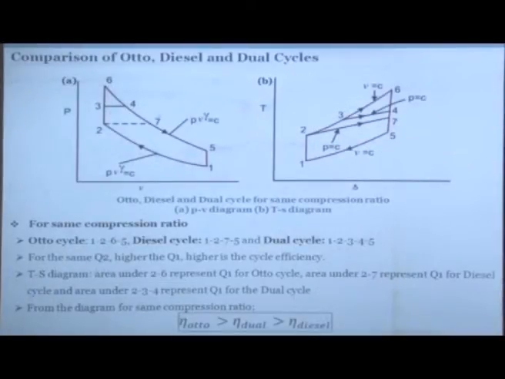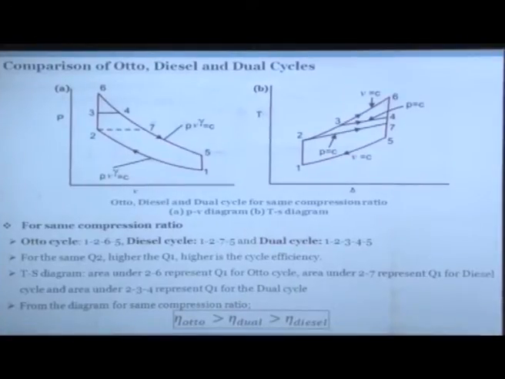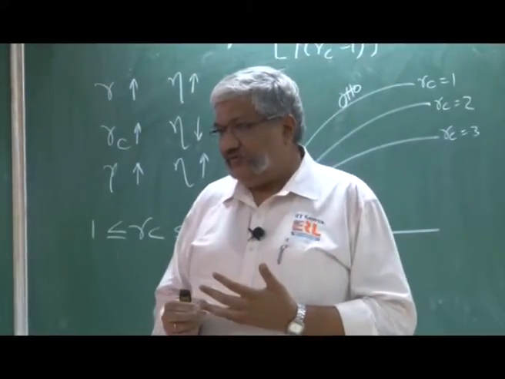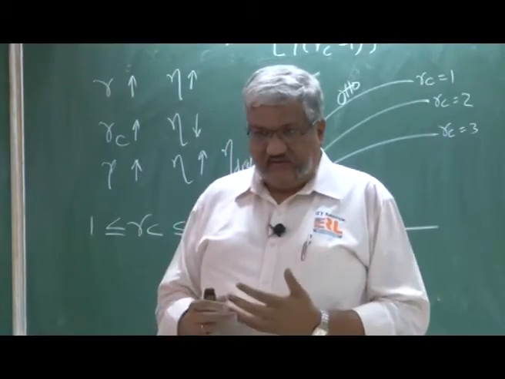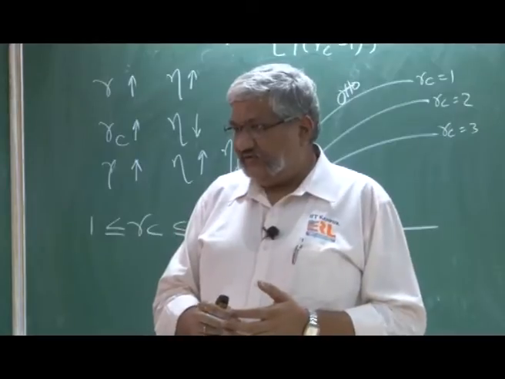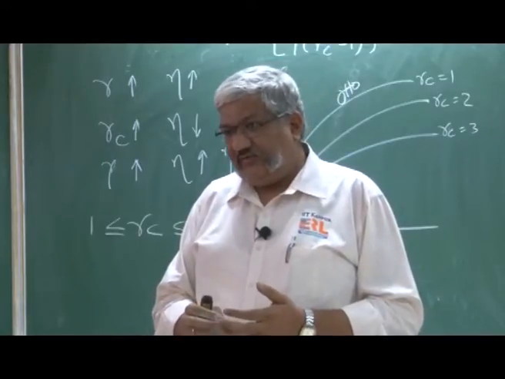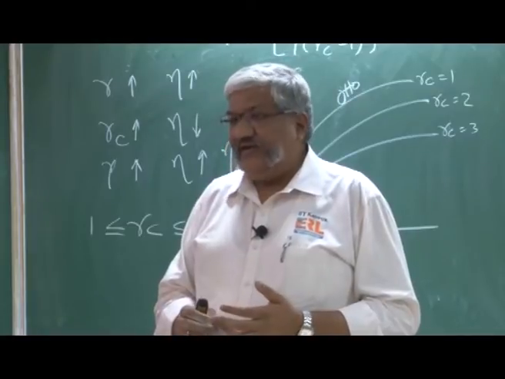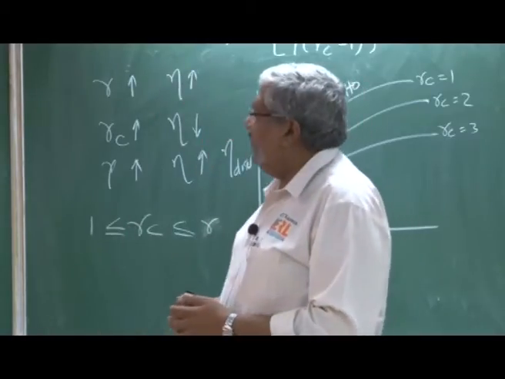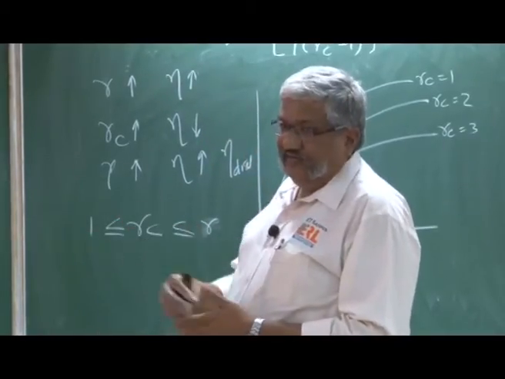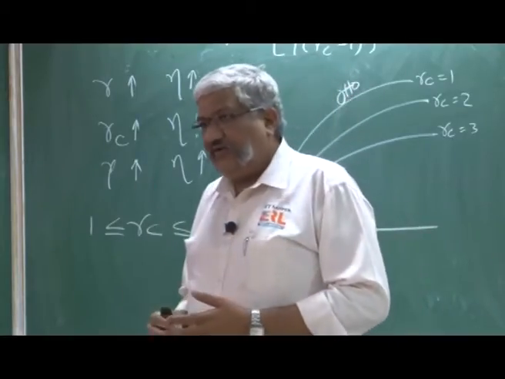Okay. So, now there are 3 cycles we have discussed. One is the basic cycle of Otto, which is applicable to SI engine, the other one is the basic cycle of diesel. But if you look at it in a little more detail, the diesel cycle really does not tell the complete story about a diesel engine. So, we have developed another cycle which is a hybrid of SI and CI, where part of the heat is added at constant volume, part of the heat is added at constant pressure, and we call it the dual cycle. And in fact, the dual cycle is closer to the actual diesel engine compared to the diesel cycle as far as air standard cycles are concerned.